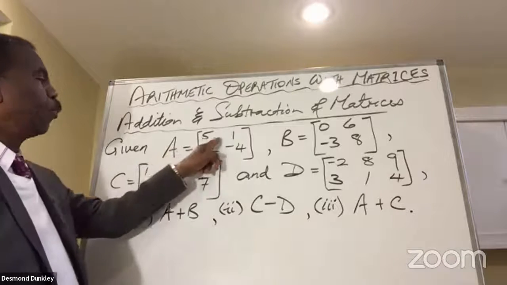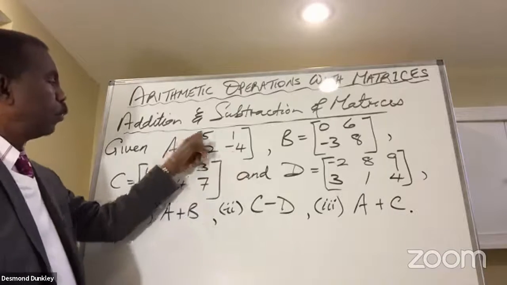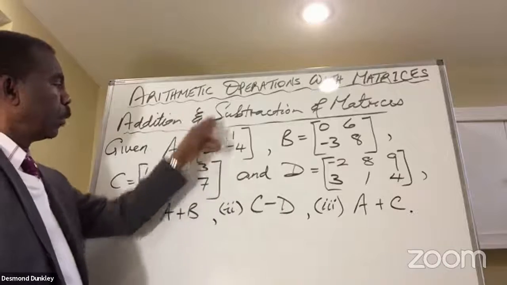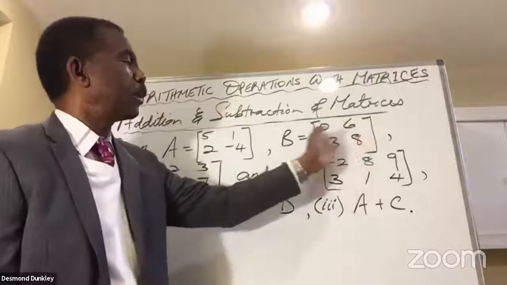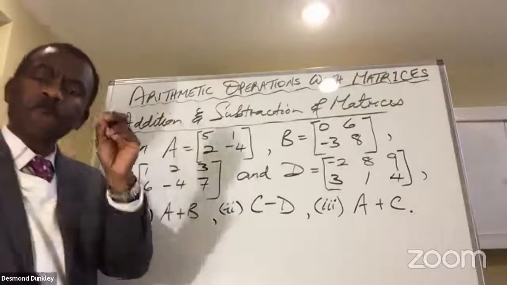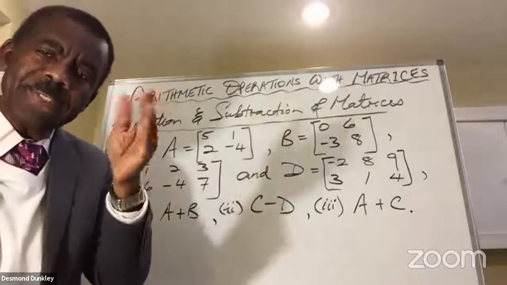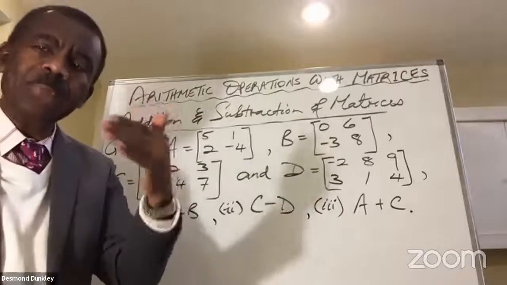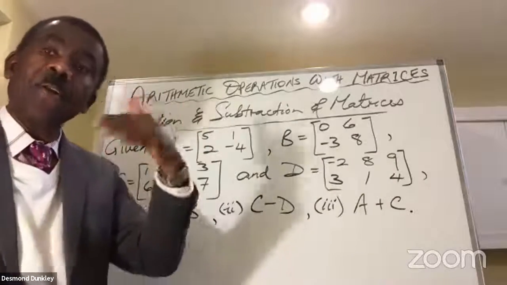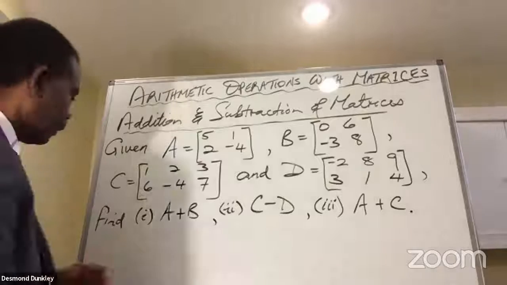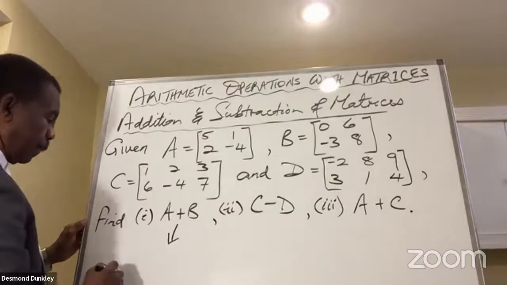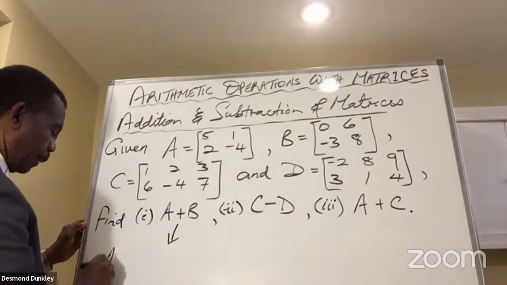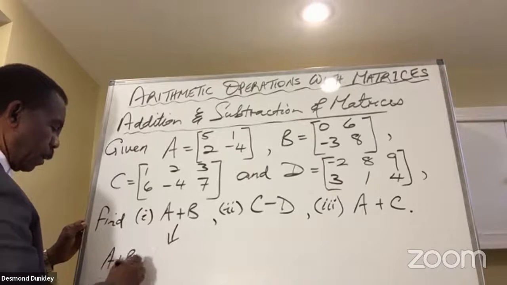A is a 2 by 2, 2 rows, 2 columns. B is a 2 by 2, 2 rows, 2 columns. So both of them have the same dimensions, same size. So yes, we can do the addition or subtraction, whatever is needed. So this result becomes A plus B equal